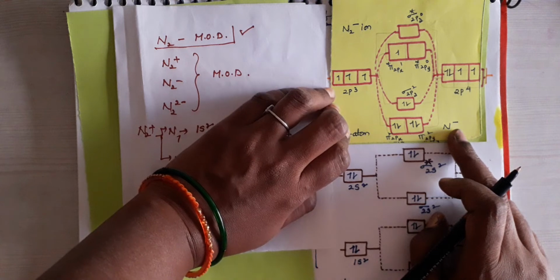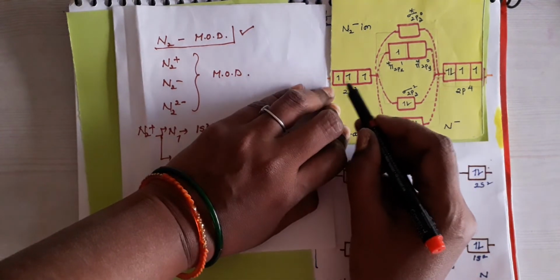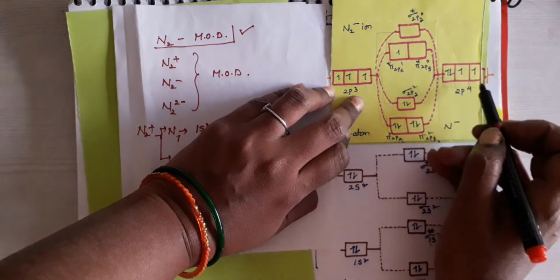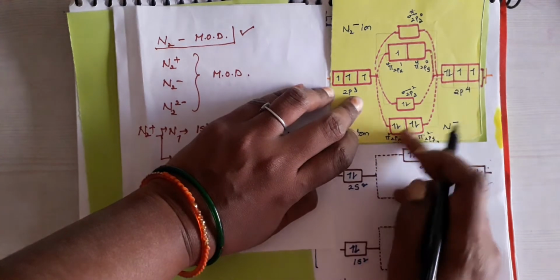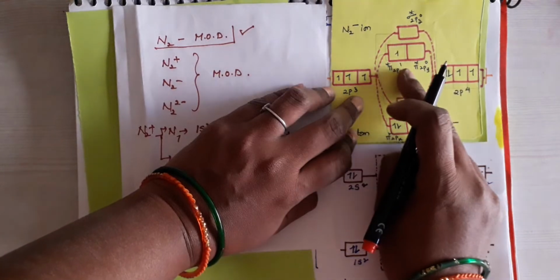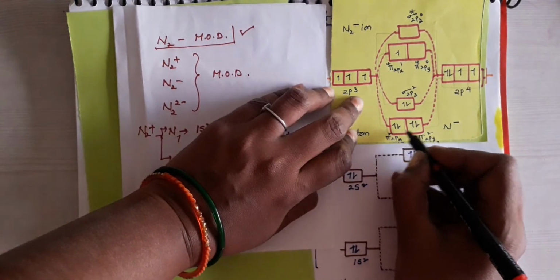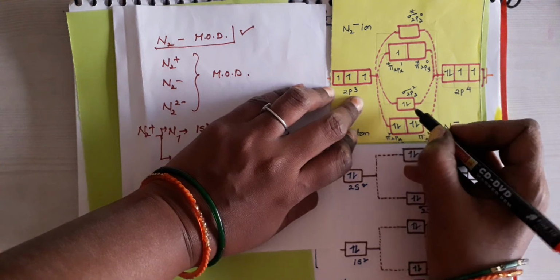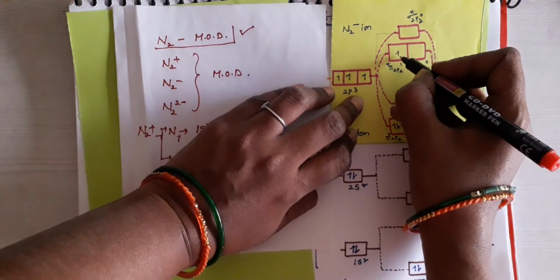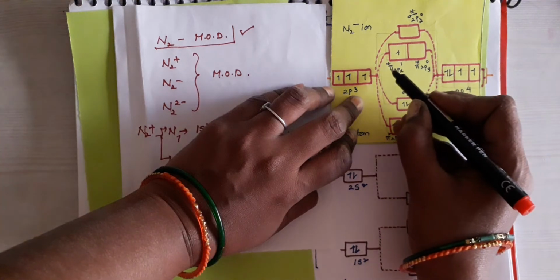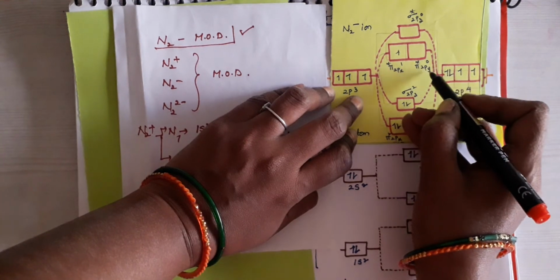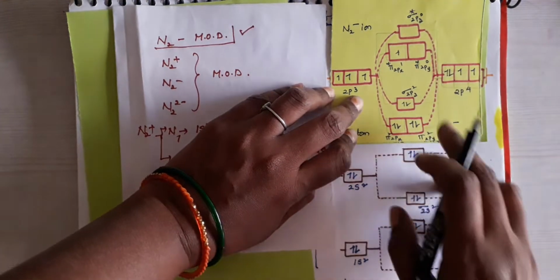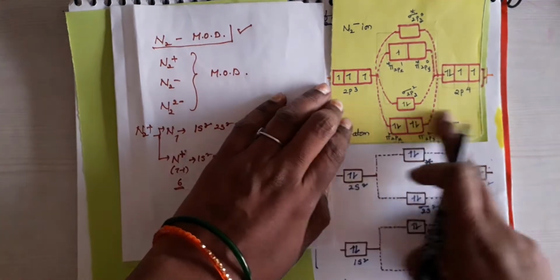So here 3, here 4, total 7. First we have to fill bonding, next we move to the anti-bonding side. So 2 plus 2 is 4, and 4 plus 2 is 6, and the remaining 1 moves towards the anti-bonding side. Like this: pi star 2px 1, pi star 2py 0, sigma star 2pz 0. That is for the N2 minus ion.